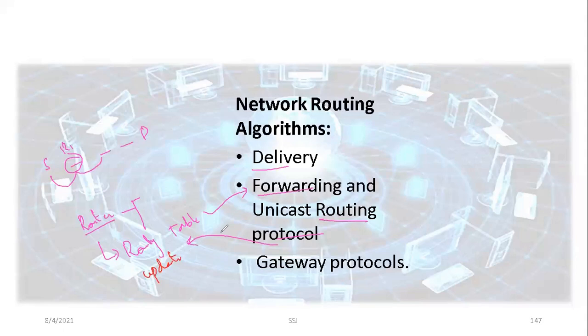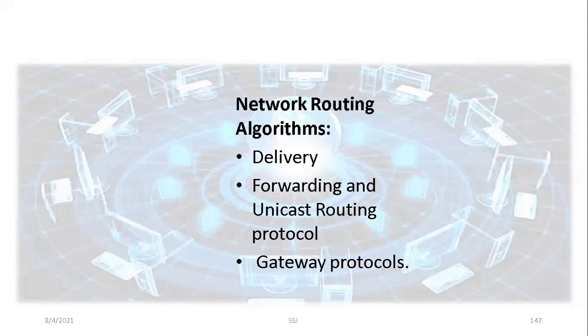So basically, each of them is helping. The routing protocols are used for updating the routing tables. The routing tables are used for forwarding, and forwarding at the end is basically delivering the packet to the receiver or the destination. So these are the different concepts of different services of the network layer, which we will be studying in this lecture.